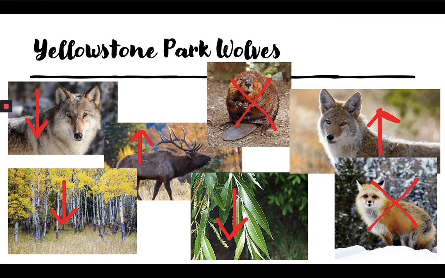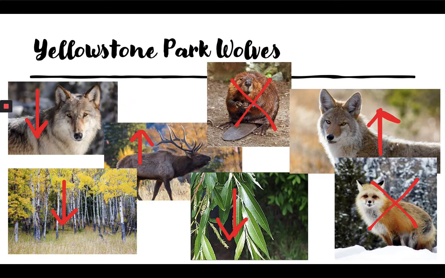Okay, so the last thing I want to talk about is the example of how changes in both biotic and abiotic factors can really affect an entire ecosystem. So we're going to look at the Yellowstone Park ecosystem, and we're going to look at the wolves. As you can see in these pictures, at some point in time, the wolves in Yellowstone, which are the keystone species or the apex predator, were very, very overpopulated. And as a result, they were killing all of the cattle. So ranchers and the US government removed these wolves from the ecosystem.